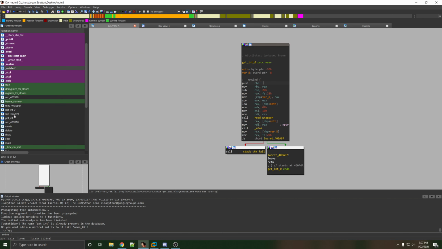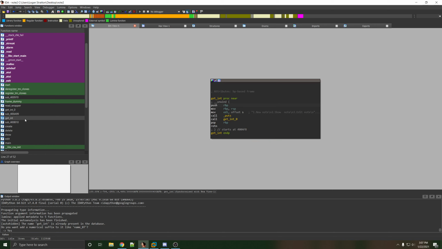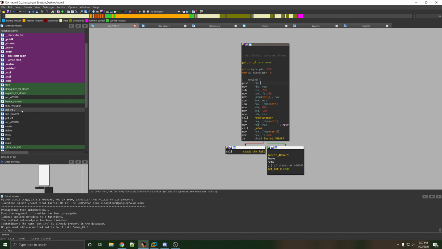Did I mess up the first one? It was like atol, I thought. Yeah, there's a get long too. Oh, this one calls getInt. Ah, okay. That'd be it. So it called getInt, and that's just a getInt wrapper, I guess, is what I should have called the first one. But anyways,